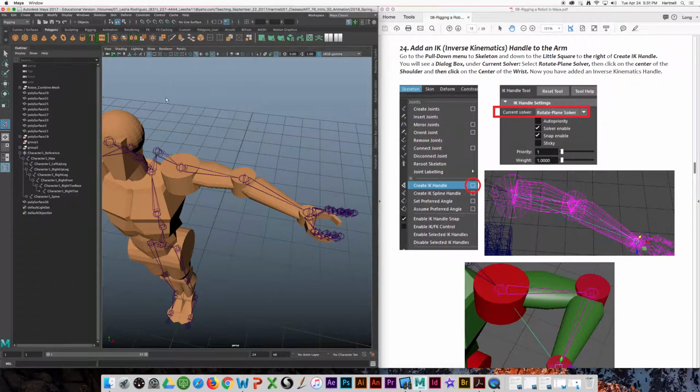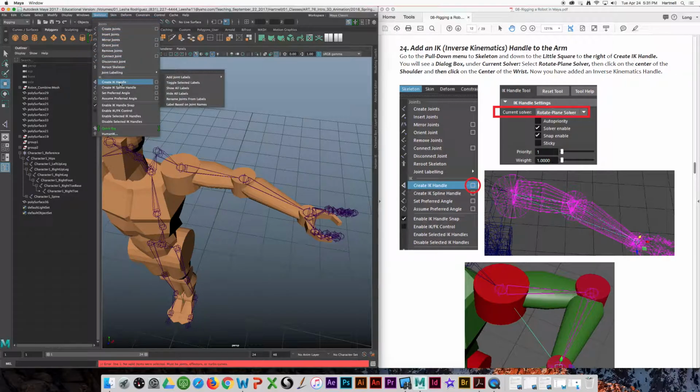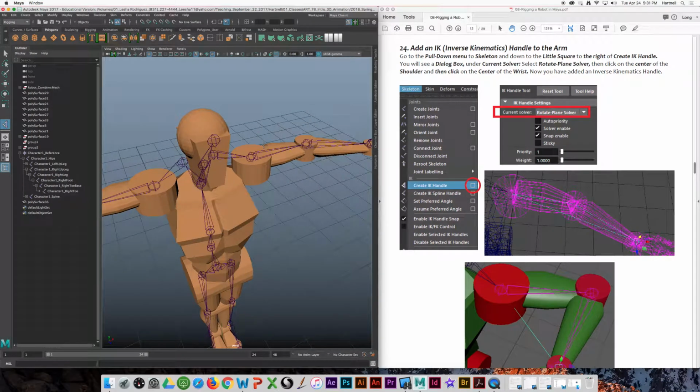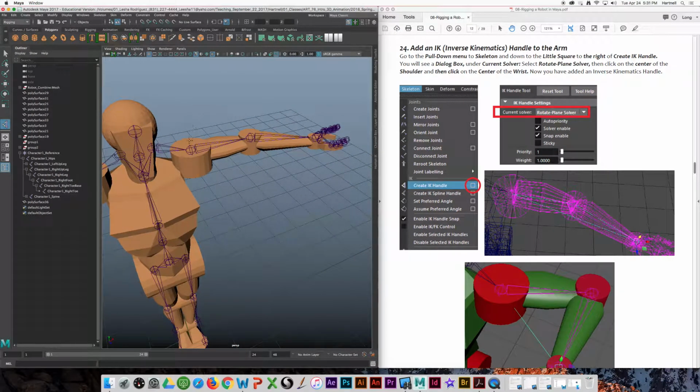And oh, it went away. Let's try it again. Create IK handle. What? It's doing it again. Skeleton, IK handle. Oh, interesting. Oh, now it's back. So now with this target, I have a target, and you're going to click on the